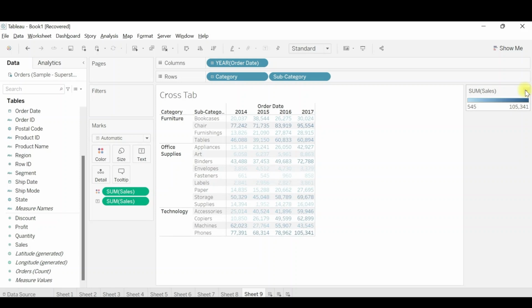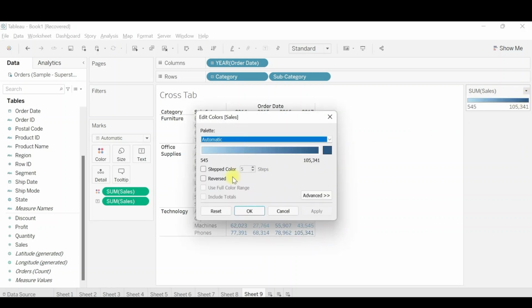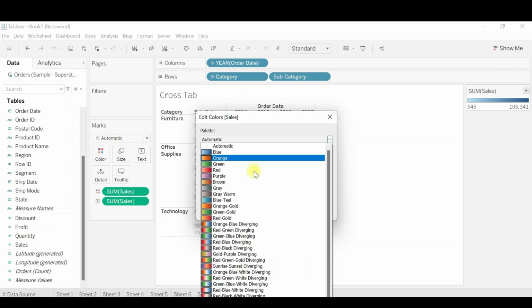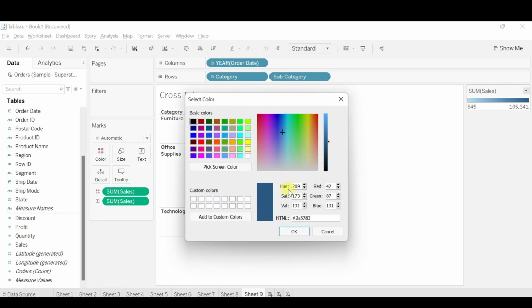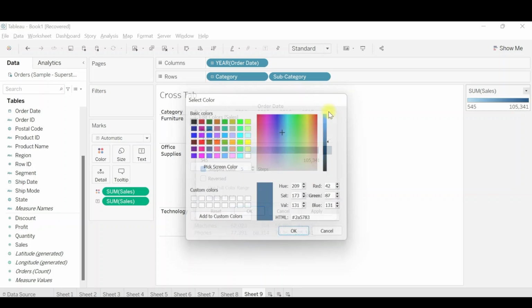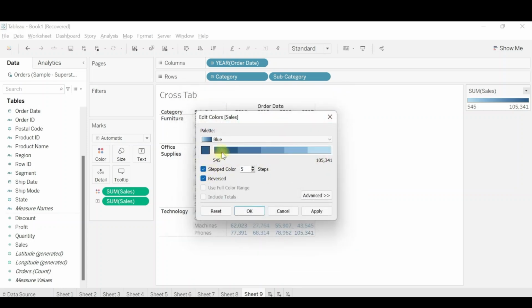If we need to modify it, we can click on this, click on edit colors, and divide it as per our requirement. We can choose a color of our wish. We can increase the stepped color, we can increase the level, we can change the size, we can change the color, we can reverse the color condition, we can use any full color range, we can apply a middle color.